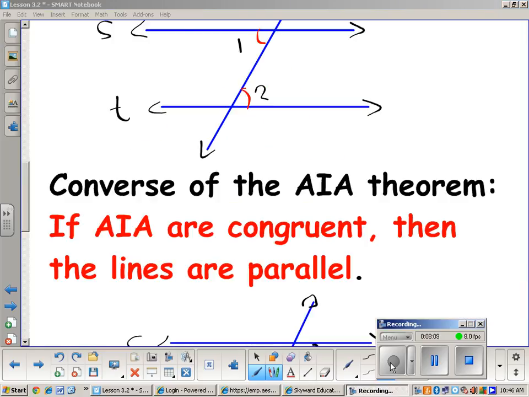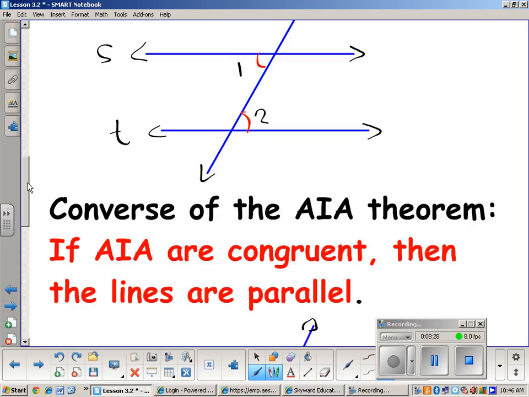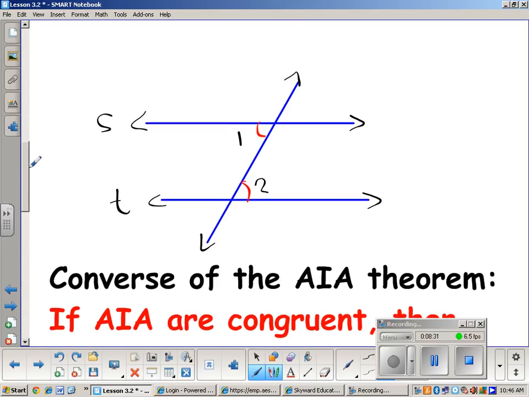All right, that takes us to the second converse, the converse of the alternate interior angle theorem. It says if alternate interior angles are congruent, then the lines are parallel. So think of this as an if-then statement again. If